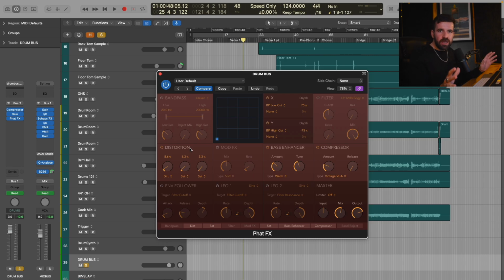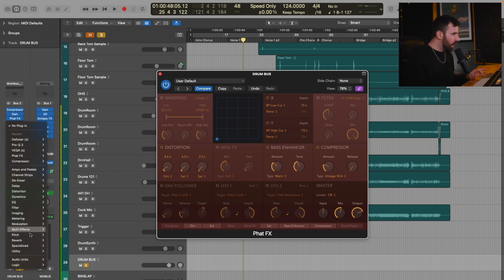And in my experience, I'm not seeing a lot of people talking about it, particularly using it in the way that I'm using it, which is to help enhance sounds, add some saturation, some excitement, some energy to a mix. So without further ado, let me share with you what I believe to be one of the best kept secrets available in Logic Pro. So the plugin in question today is Phat FX, which is a Logic stock plugin, and